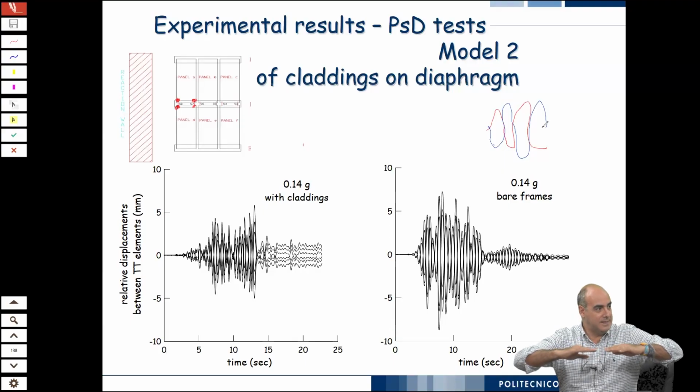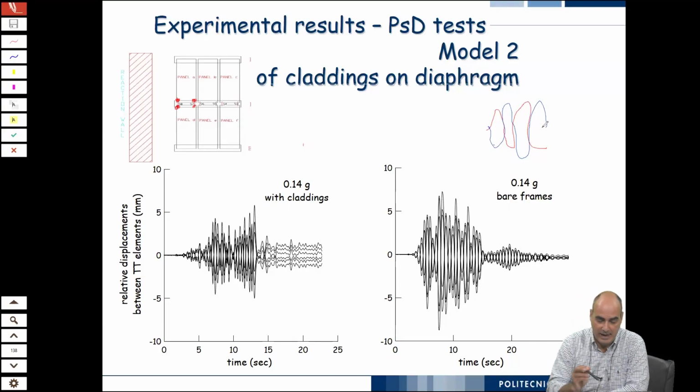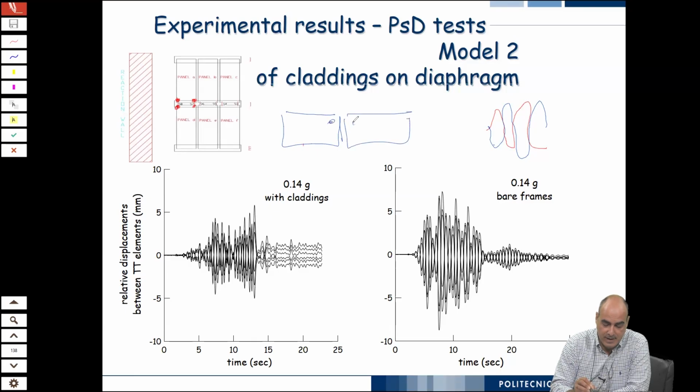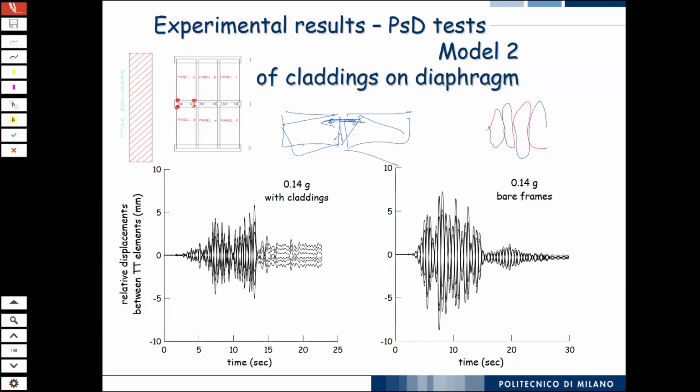The other one is negative because if these elements move like this, these two points tend to go farther, but these two points tend to get closer. So this was the proof, in a sense, that the diaphragm action, as we intended it,